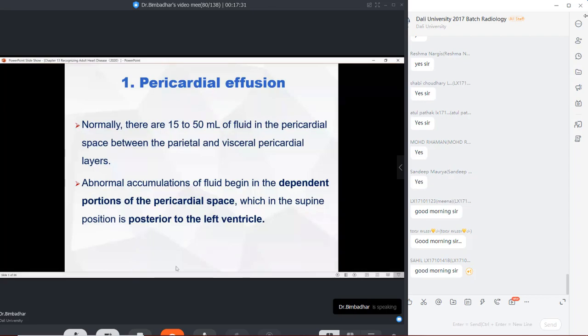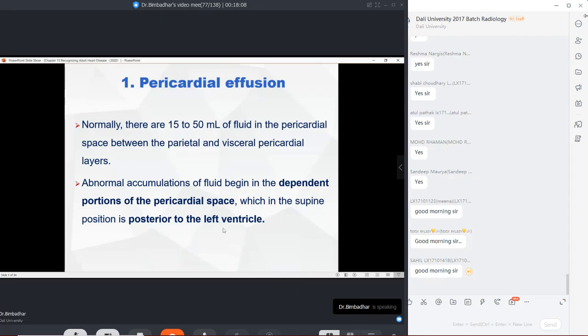Right. So abnormal accumulation of the fluid begins in the dependent portions of the pericardial space. The same way like the pleural effusion gets settled down in the dependent area, that's the same way a pericardial fluid also gets settled down in the pericardial space, which in supine position is posterior to the left ventricle. Remember this region, posterior to the left ventricle, because